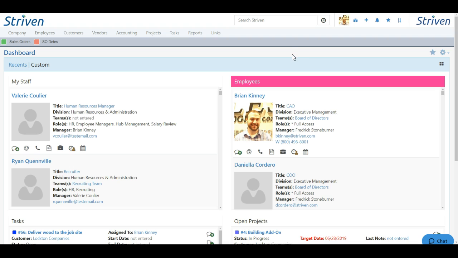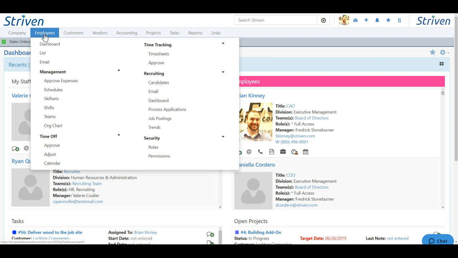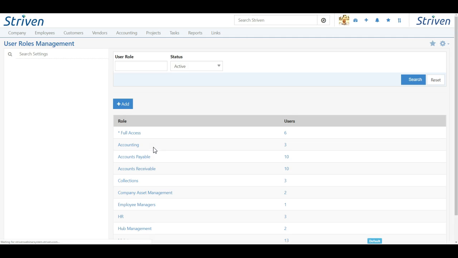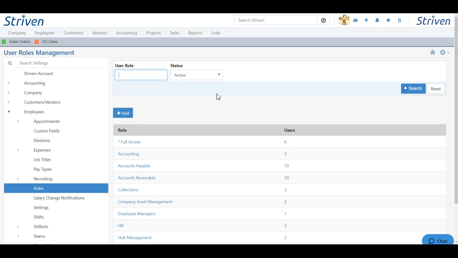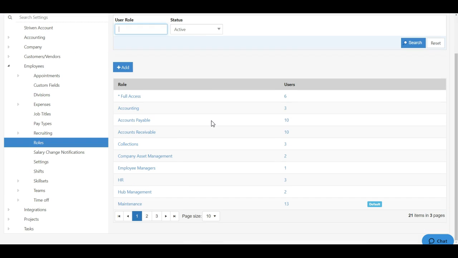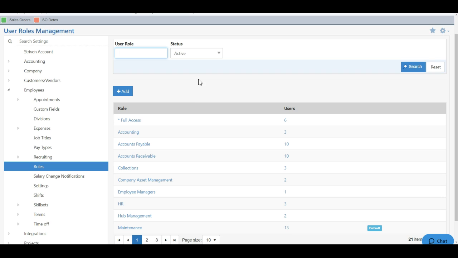To begin our lesson today, let's first view our list of user roles in our Striven system. To do that, click the Employees tab, followed by Roles underneath the Security section. This will bring you to the User Role Management list. Here you will find all the active user roles that you have in your Striven system. If you would like, you can search for a user role by name or by inactive or active user roles